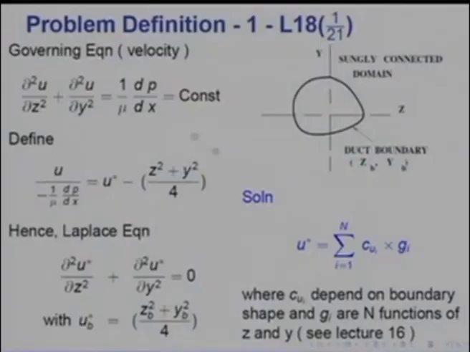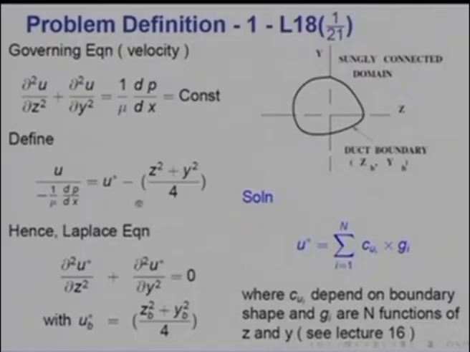Just to recall, let us look at how we solve the velocity problem for a duct of non-circular cross section. This was done in lecture 16, as you will recall, where we had the Poisson equation with a pressure gradient constant on the right hand side, and we defined a velocity u star by 1 over mu dp/dx equal to u star minus z square plus y square by 4. And therefore, the Laplace equation turned out to be d2 u star/dz square plus d2 u star/dy square equal to 0,